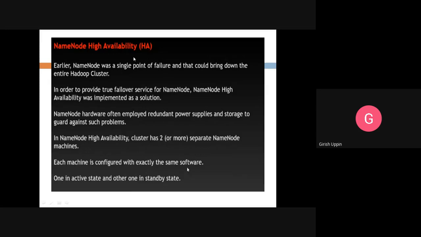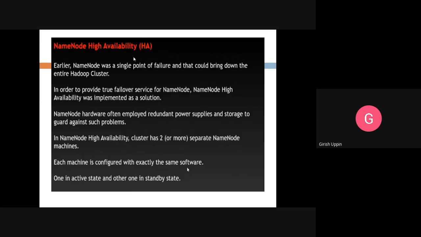So in case of name node high availability, we will have other name nodes which will not be active. In HDFS there is only one active name node. We can have another name node or a couple of name nodes. We can have two or more name nodes, depending on your cluster size.